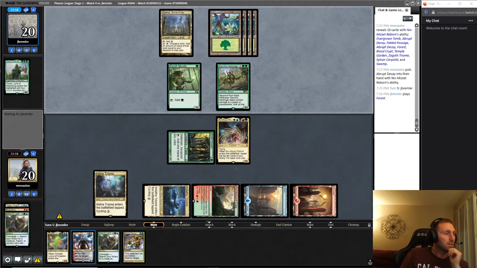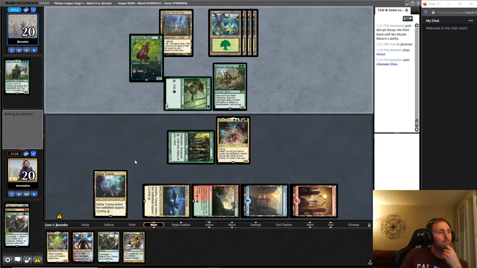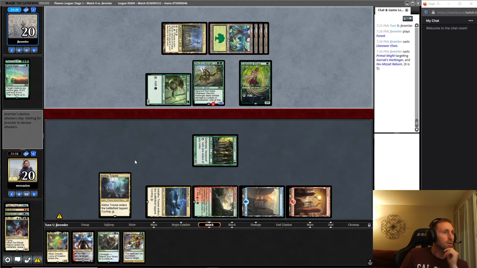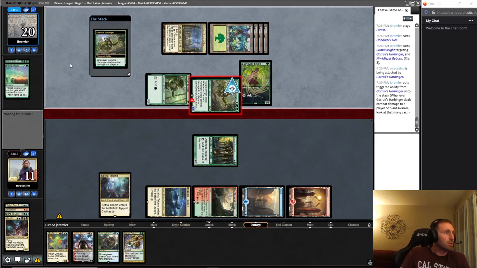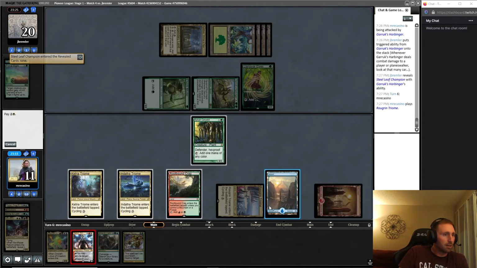They attack with this. We can nab it with Nahiri next turn and hold up Abrupt Decay. There's an elf. 4 mana. 6 mana. Primal Might. Sure. 9. What do they get with this? So yeah, now we can nab. That's a good draw. We need that. Now we can nab